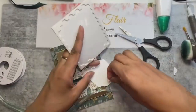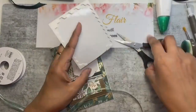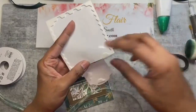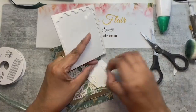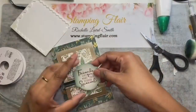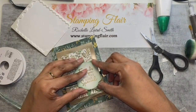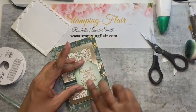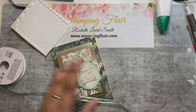I always use the ends of this, but at the moment our dimensionals are not orderable, so save up every bit. They are that good that they're not there. Okay, so then